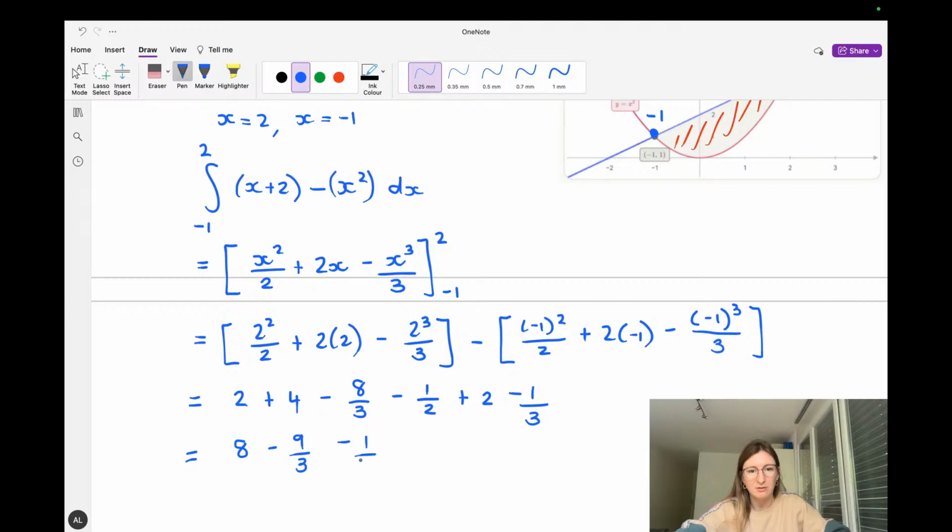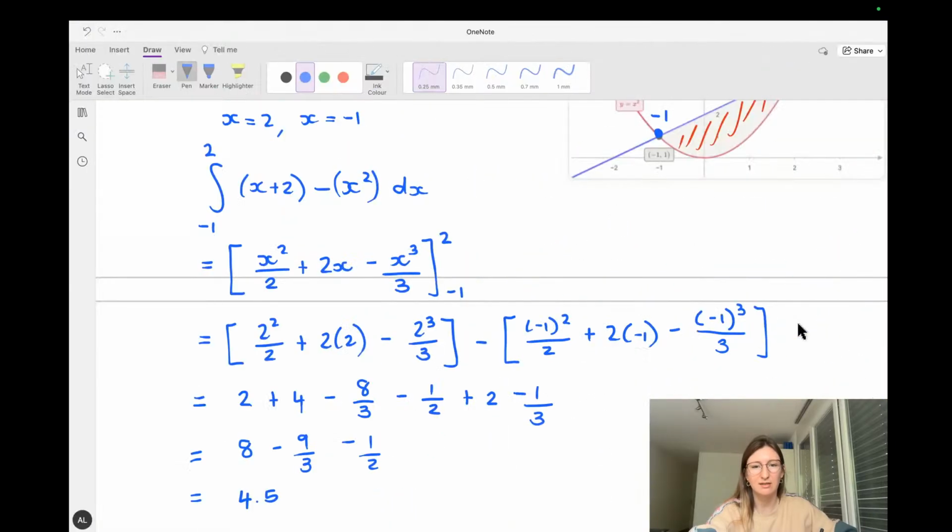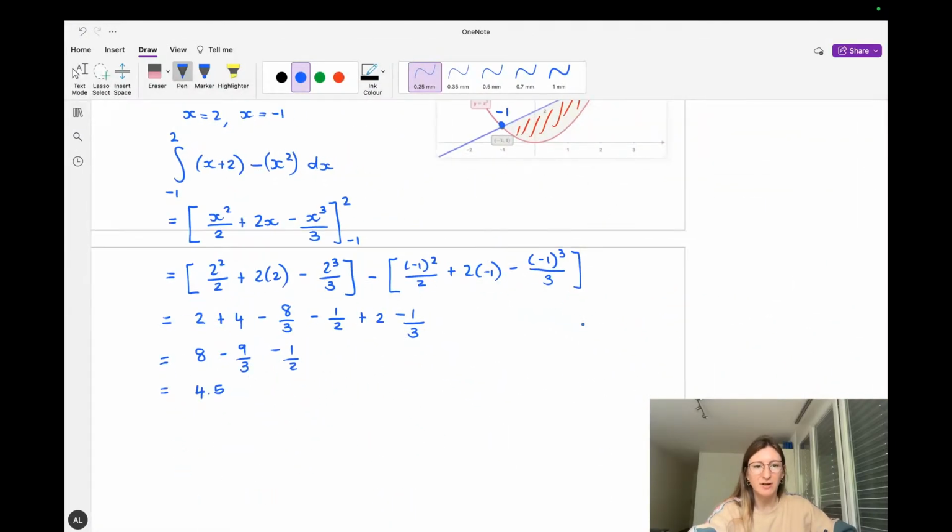Minus a half. I'm just grouping things that are easier. 9 over 3 is just 3. So 8 minus 3 is 5. Minus a half is 4.5. All right. And that is true. That's exactly what we got there. So we are correct. So yeah, quite a bit of algebra in there if you are not having your calculator,